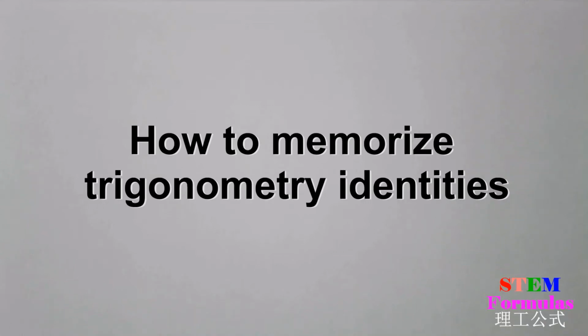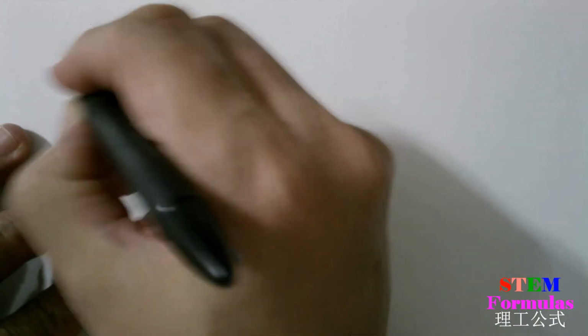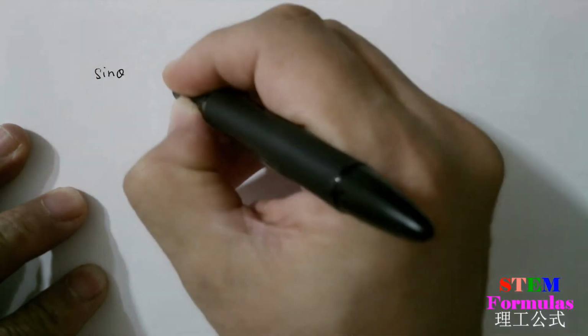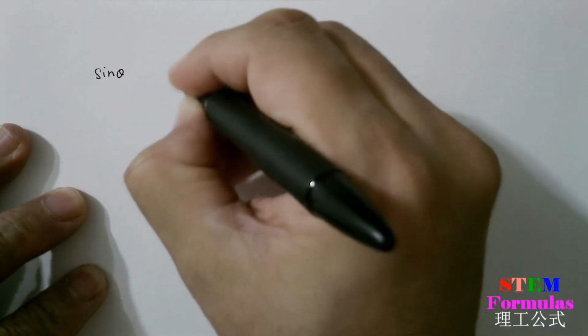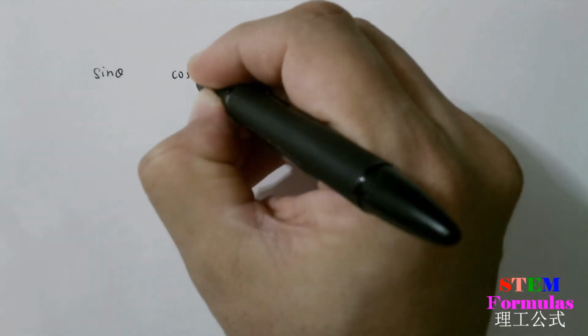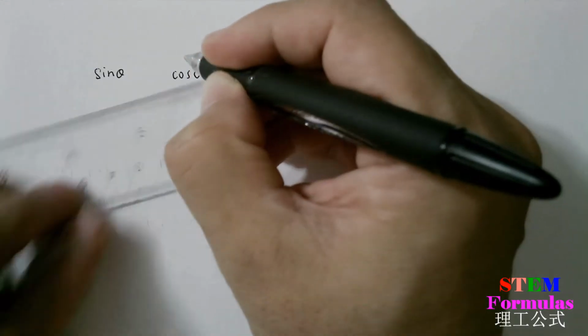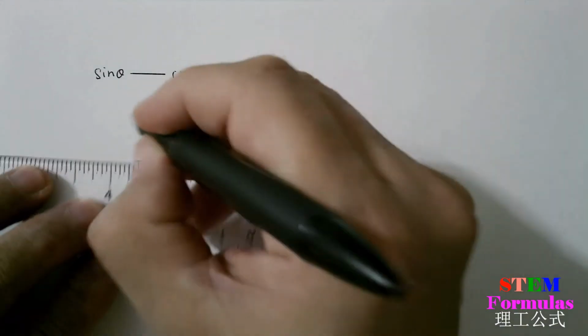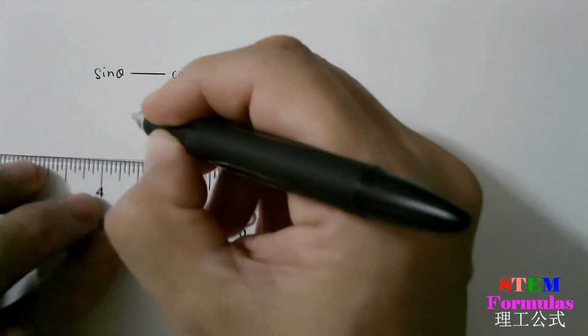How to memorize trigonometry identities. We write down the trigonometry function in the following way. So I have sine, cosine, I write down 1 on here,